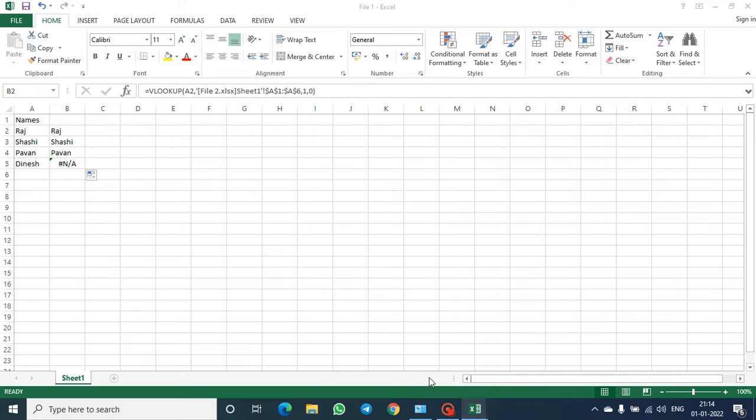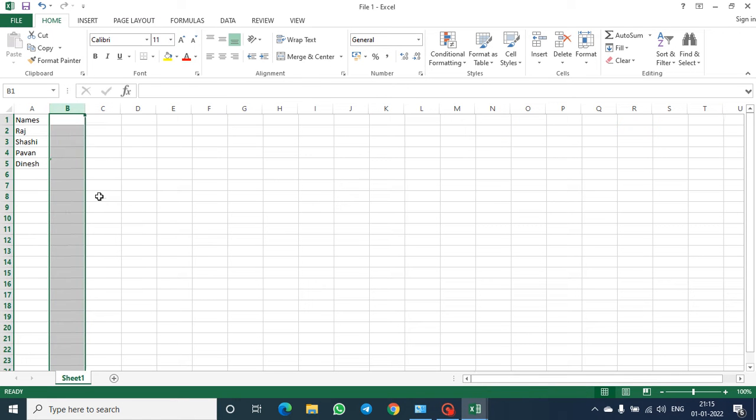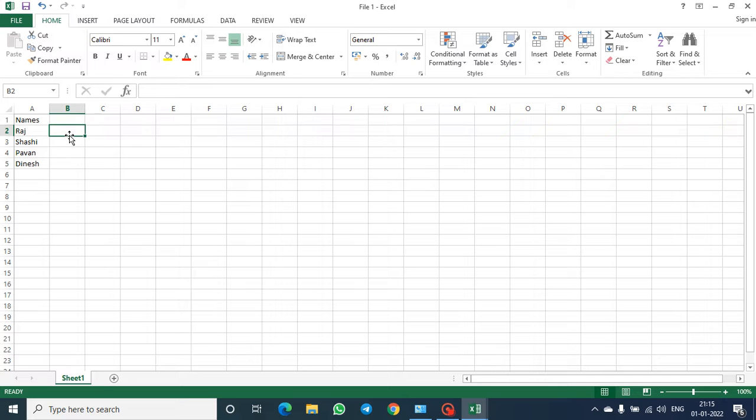So assume that in file 1, let me delete this, you have name and address. So Raj from Karnataka, Shashi from Delhi, Pawan from Maharashtra, Dinesh from Punjab.